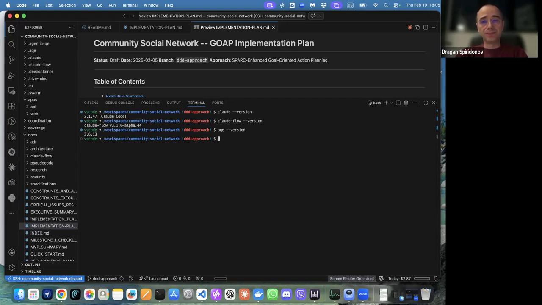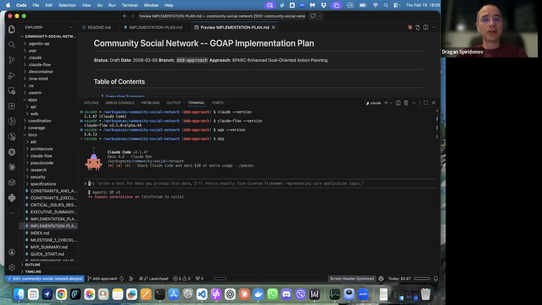So those are the steps to get ready to go. I will start using an alias. I created an alias for starting Claude with the dangerous skip permissions flag, so I don't need to type that long command every time. So I will invoke the instance.